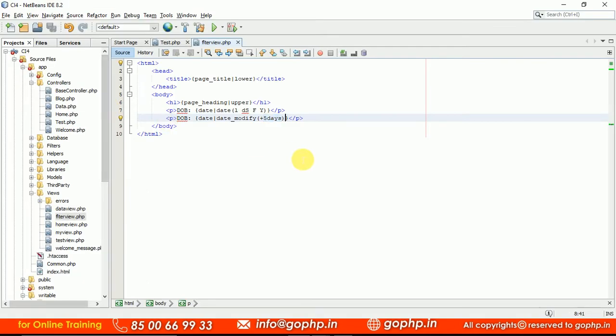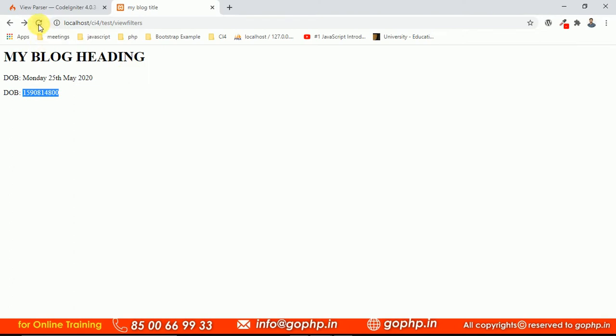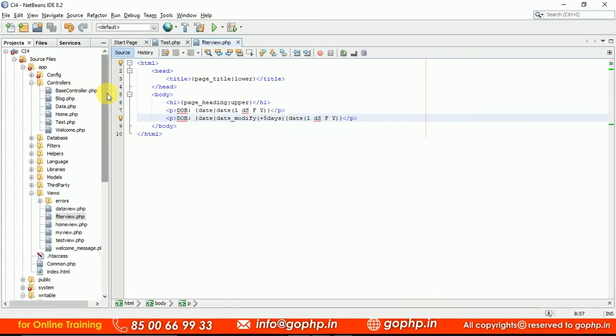If you want, you can apply the same in date format. Then you can apply one more filter. Can you see how this is going to be converted? Now I am applying the date filter. Just refresh it. Can you see it was converted into Saturday 30th May 2020. So it is not only one filter on a pseudo variable; we can apply one or more filters also. This is also possible here, right? Like this we can apply.